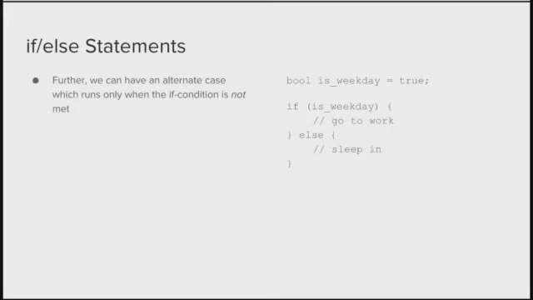So an else statement allows you to explicitly have another body full of statements to execute if your condition is not met. In this case here, we're going to say go to work if it's a weekday or sleep in if it's not. So you can see here we say it is a weekday. We have our Boolean up there called is weekday, and we set it to true. And in the first brace, or the first body here, we have